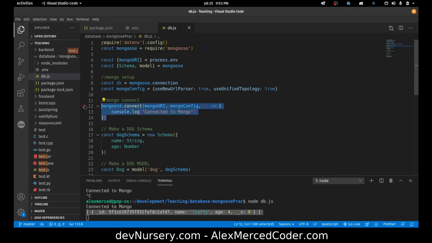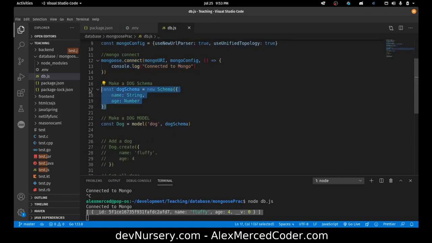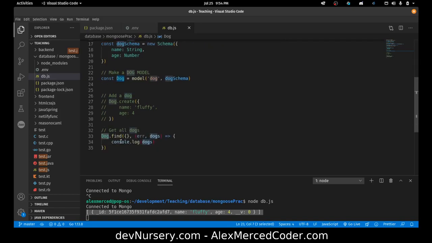Mongoose connect, this is how we connect to the database. Again, schema, we have to create a schema like a filter for our information. And then we connect that filter to a collection using the model function, which returns the object that we use to interact, which in this case was our dog object. So that's a quick lesson on how to use Mongoose and connect it to your